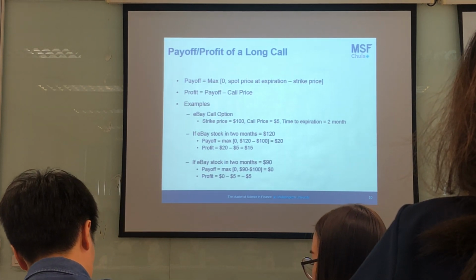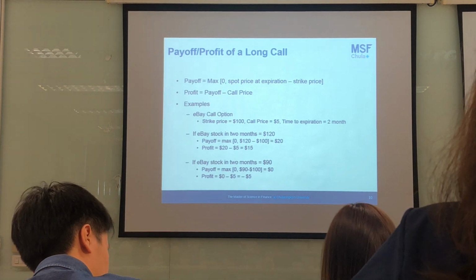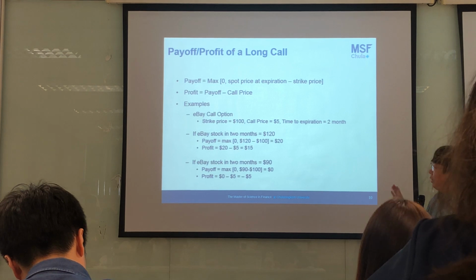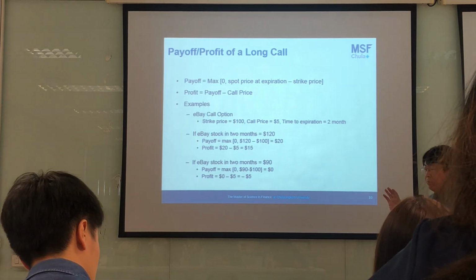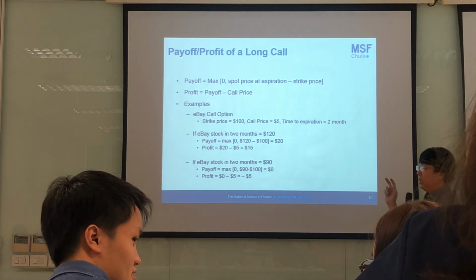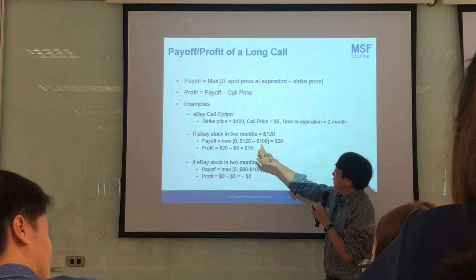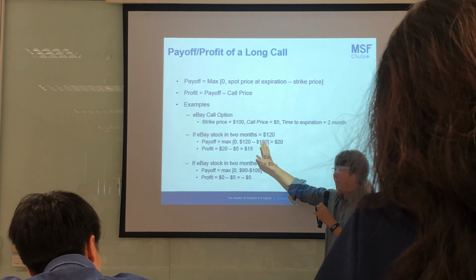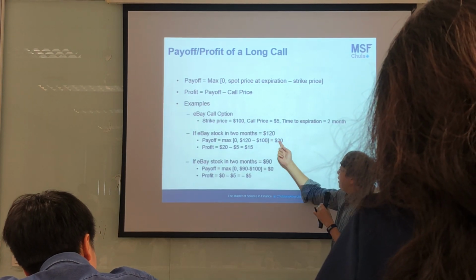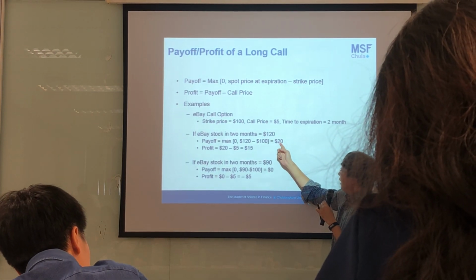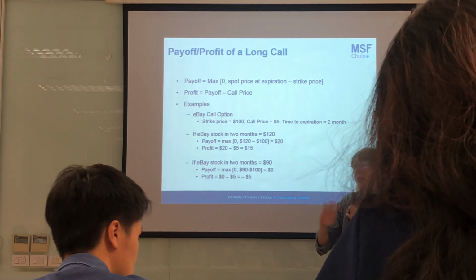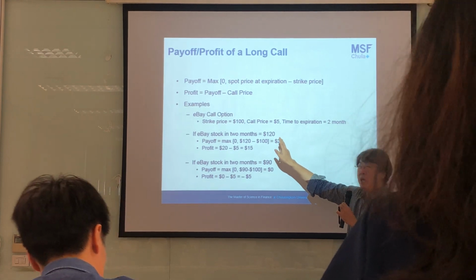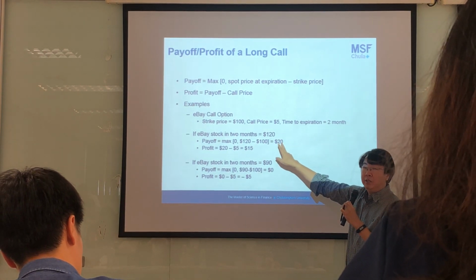So, in order to get rid of the arbitrage opportunity, the value of the payoff, or the value of the option, should be equal to 20, the difference between the current market price and the exercise price. Let me say it again. Why must the value of the option at the expiration date be equal to 20? Because otherwise, if the value of the call is not equal to 20, that will be an arbitrage opportunity.